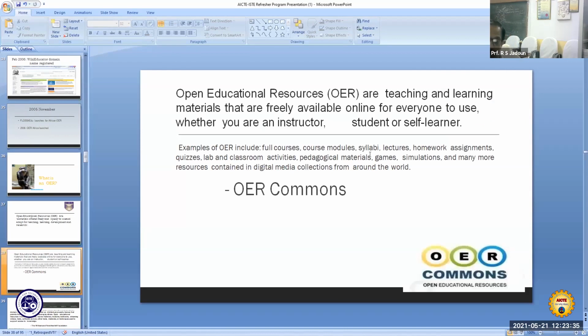So it's a big movement, OER, and that is making the use of online tools more effective, because whatever has already been developed, you can make use of it in your content without any fear of copyright violation. So the open educational resources are teaching and learning materials that are freely available online for everyone to use, whether you are an instructor, a student, or any other self-learner.